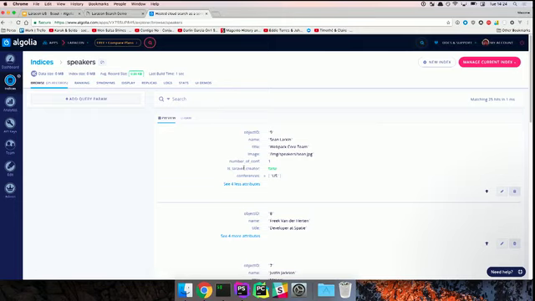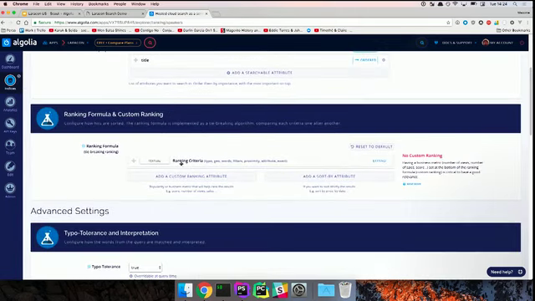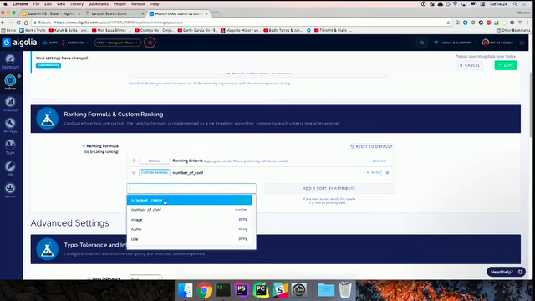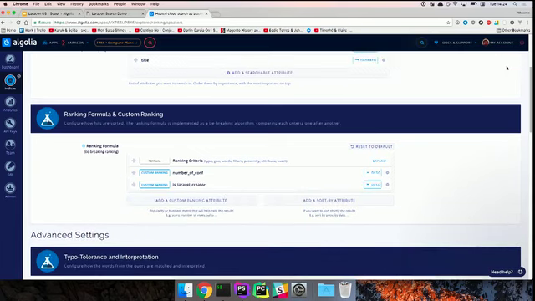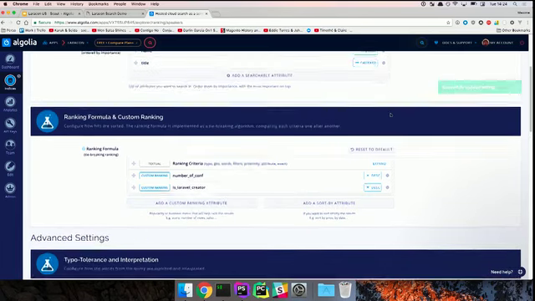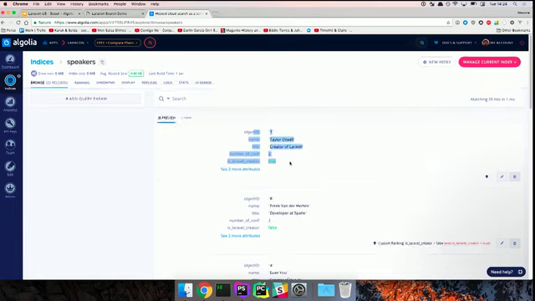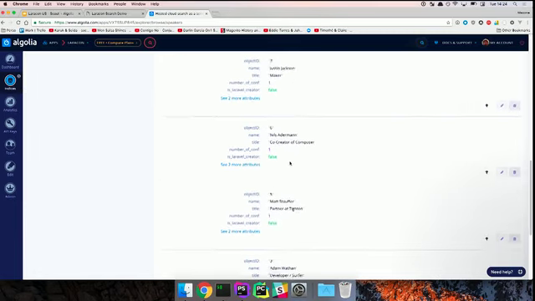What we want to do is tell Algolia to use those 2 attributes as custom ranking. So we go in the ranking tab, and we add 2 custom ranking. One is number of conf, and the second one is Laravel creator. I save, and then when I go back, it's already ordered better. I have Taylor first, he's the creator of Laravel, and he's speaking at both conferences. Then I have people speaking at 2 conferences, then 1.